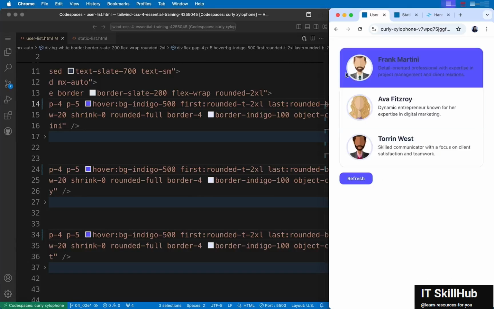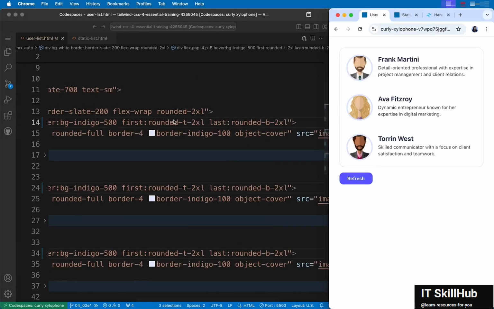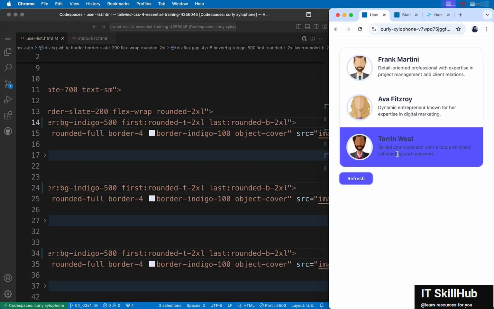Yeah, notice that this is a dynamic list, so you will not be able to add this manually. Otherwise, if it's just a static list, if it's only 3, you could simply add rounded top manually to the first div and rounded bottom XL manually to the last one. But since this is only once and it's a for loop, this is something like an if condition. You're checking if it's the first, add this, if it's the last, add this, and so on. So now this works. Great.